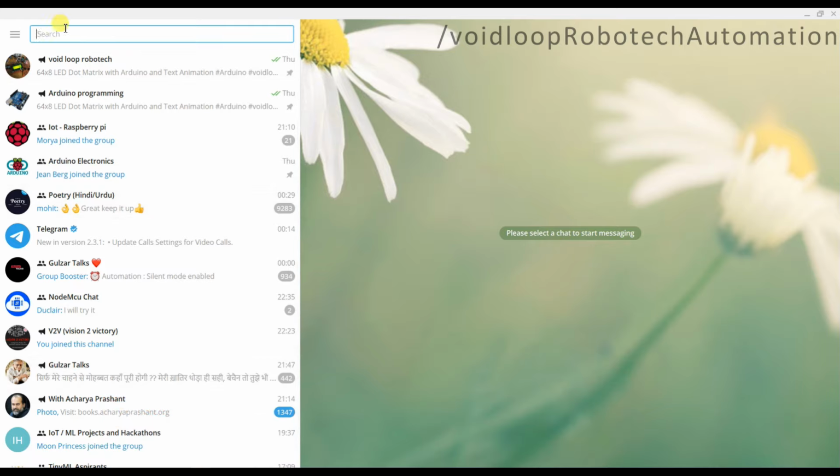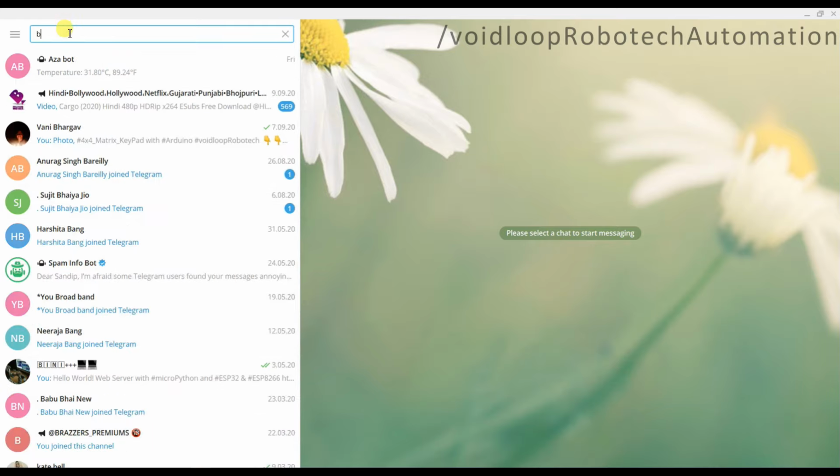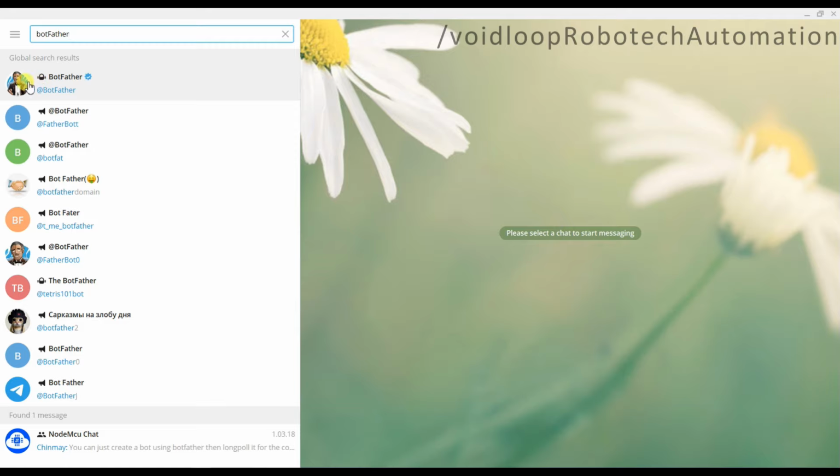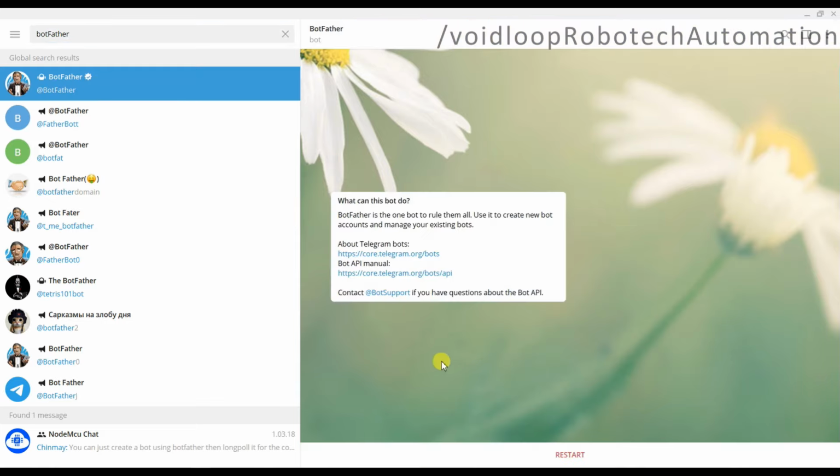I will search here for BotFather. This is the original, you can see here Bot is a capital letter and F is a capital letter. Okay, so I will click here and I will restart.